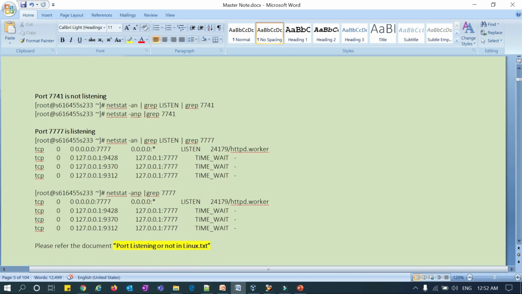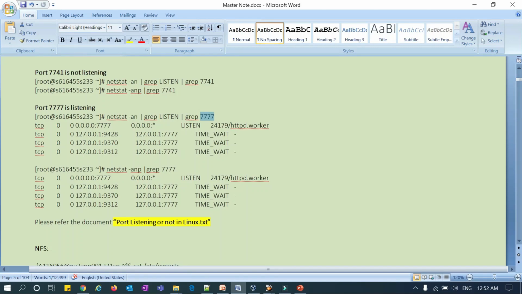And I'm checking for 7777. netstat -an | grep LISTEN | grep 777. You can see here TIME_WAIT or LISTEN, some output you are getting. It means this server is running some application and that application is listening on this particular port. That application might be your database or your WebLogic or EBS or whatever it is. And with the simple command netstat -anp | grep 777, I can see TIME_WAIT. Right, so I'm going to execute all these commands on my servers.